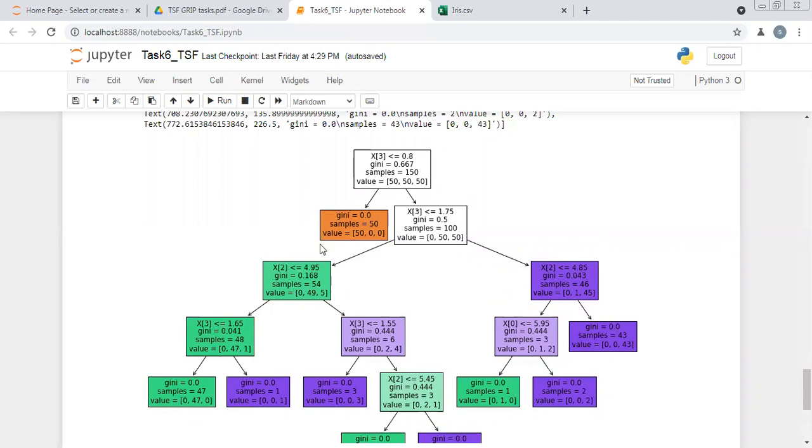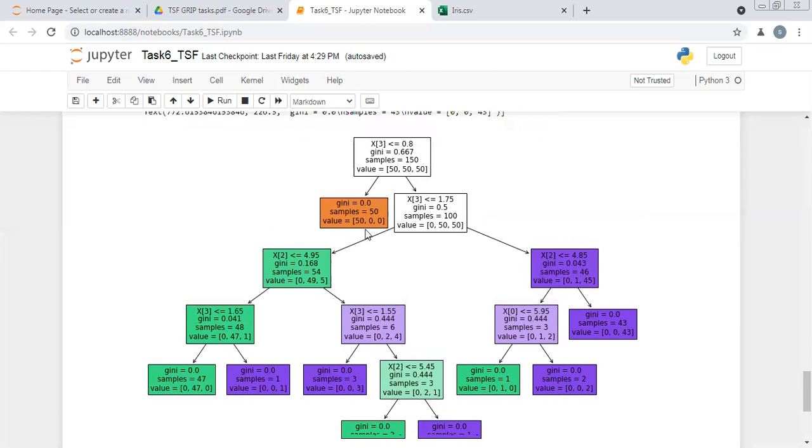Talking about the terminologies used in decision trees, every decision tree will contain one root node, then sub-nodes called child nodes, and leaf nodes. The root node is the first or main node in the decision tree. To this root node we give our entire data set, and by asking some questions, by putting some conditions at this node, we further break down our data set into different data points. This is done for prediction.